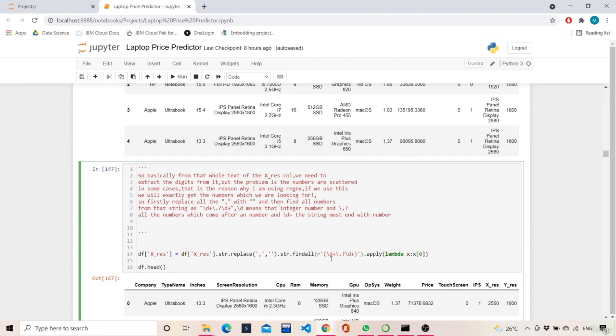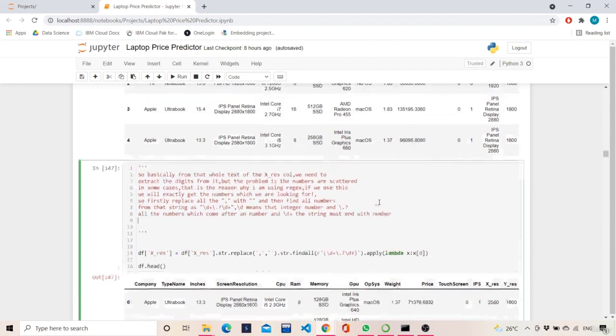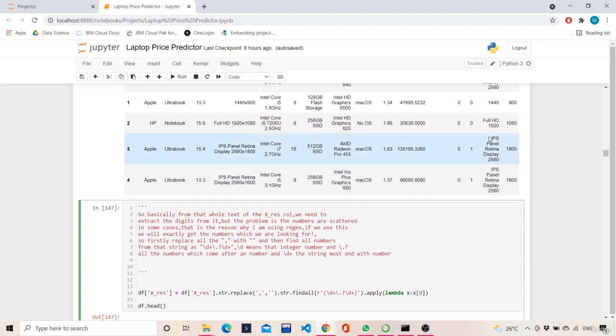So what is this regular expression all about? Over here we see \d+\.?\d+. Now \d means an integer number, and \.? means an optional dot followed by the numbers that come after a number, and \d+ means the string must end with a number. Got it? So if we consider this kind of text, IPS panel display, let's say we consider this text